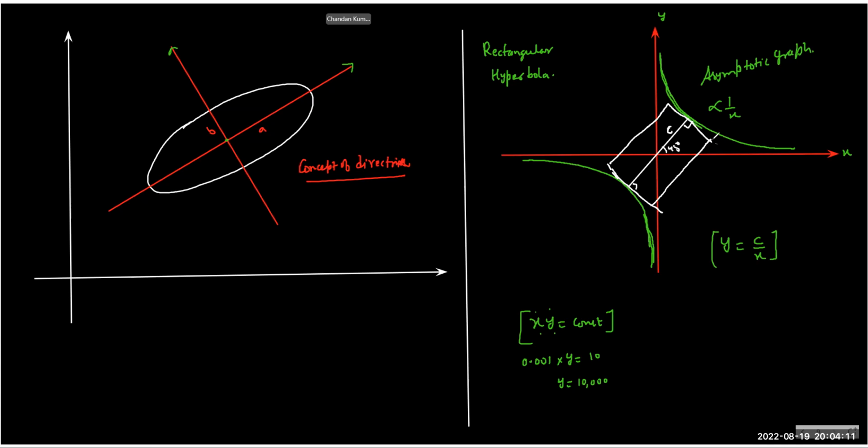So the graph will be touching the rectangle, and maybe that is the reason we call it hyperbola. In every hyperbola, there is always a rectangle. For a rectangular hyperbola, the condition is that xy is always the same. But the general equation of a hyperbola is,